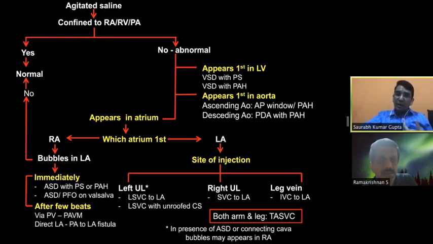Whenever we are doing this for PFO, if your injection is negative and you are seriously considering PFO in such a condition, then always confirm or repeat the injection from a lower limb vein, preferably a proximal vein. Add a provocative maneuver, and if the patient gives any history suggestive of orthodeoxia, then consider making the patient half upright or partly upright. It may be difficult, but then it shows up. TEE, as I've already highlighted, has difficulties, but yes, imaging quality is superior, and we get to see much better images.